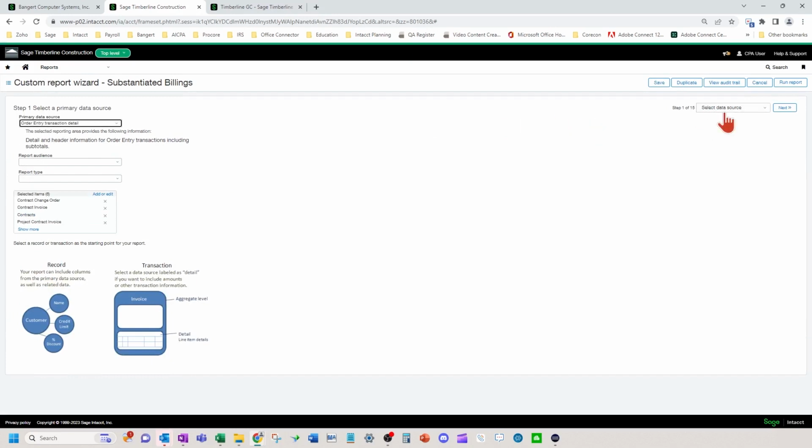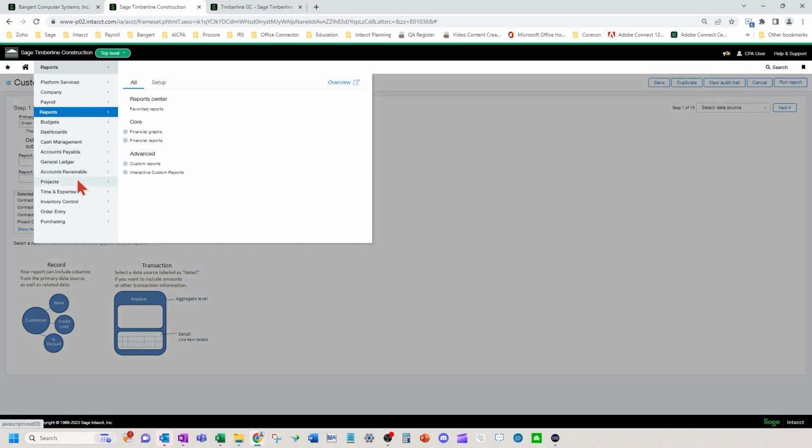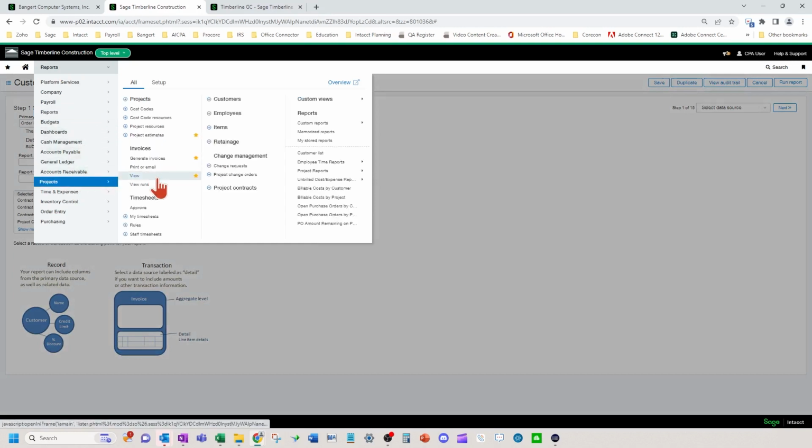You hit the next button, it tells you what each step, what you need to do. So on step 1 here, you want to build an order entry transaction detail. So after you create and bill your invoice, it technically is an order entry invoice, even though it's listed here in projects.